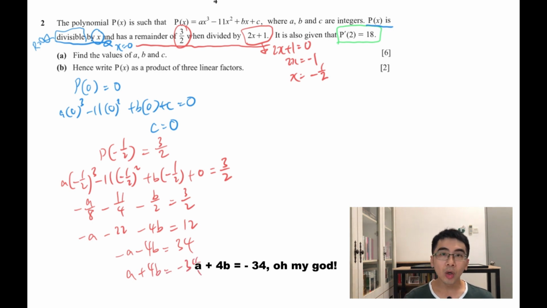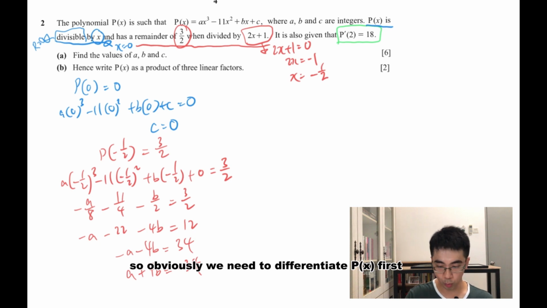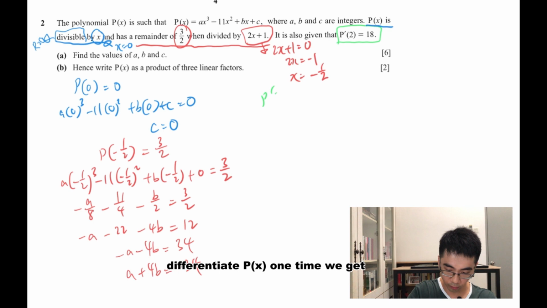Oh my god, we got two unknowns in one equation, so it's not enough. We must have another equation. So it comes to the last sentence, the green part about the differentiation. So obviously we need to differentiate P of x first. So just do it. P of x differentiated one time, we get